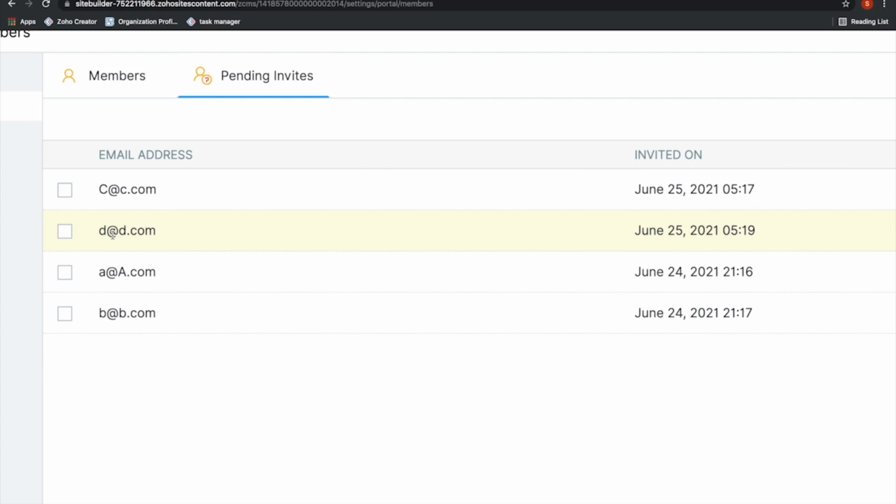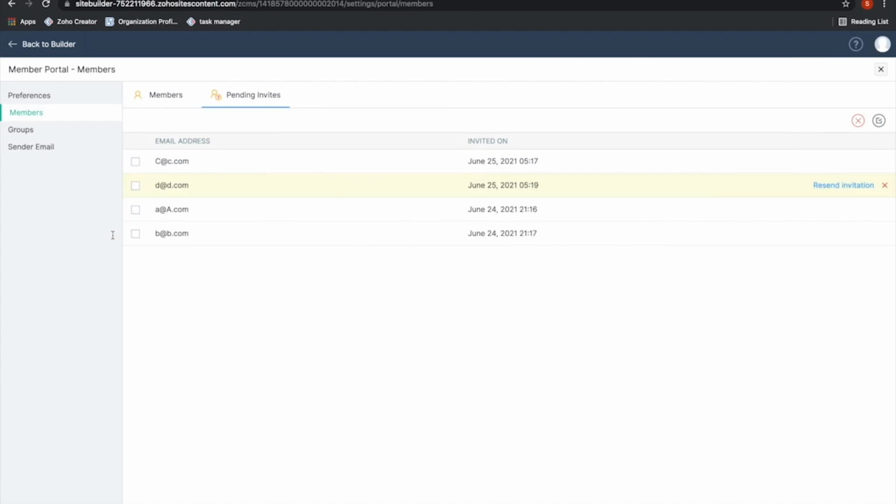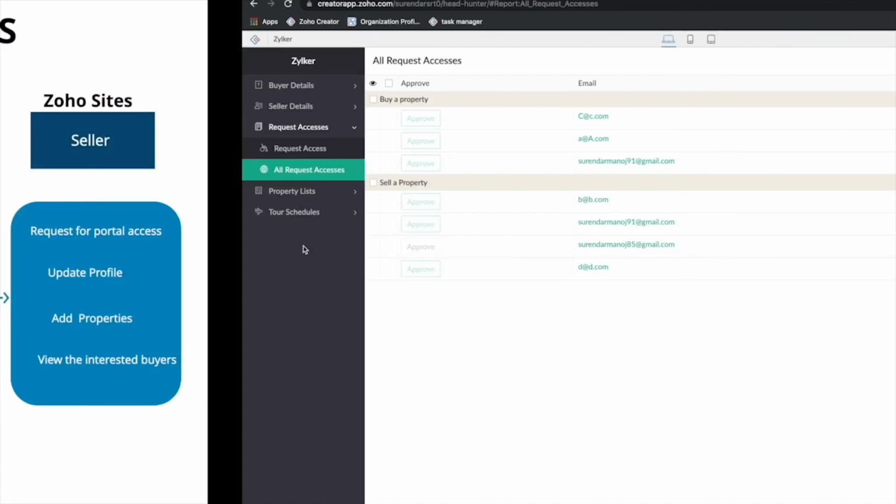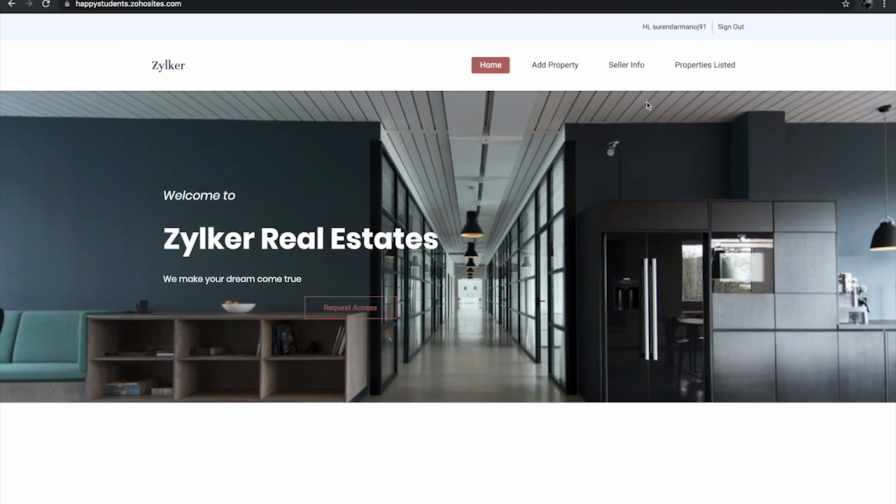So we don't have to go and approve every user. We can simply filter the request, and while we are approving, by default we'll be assigning the groups to which these users belong. So for example, here I have accepted surendra91 at gmail.com as a property buyer. So when this person logs into the system,